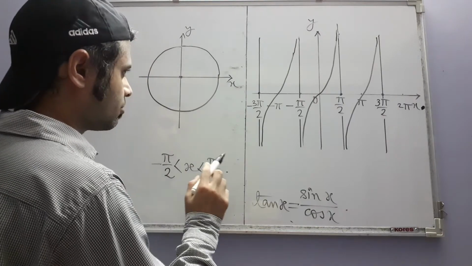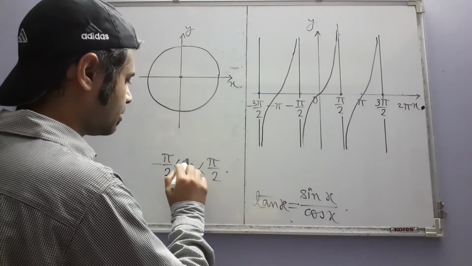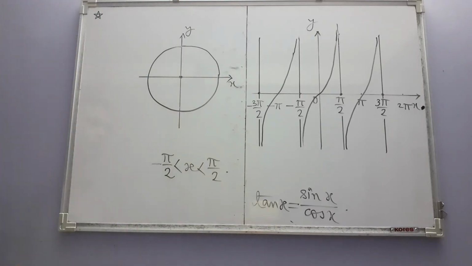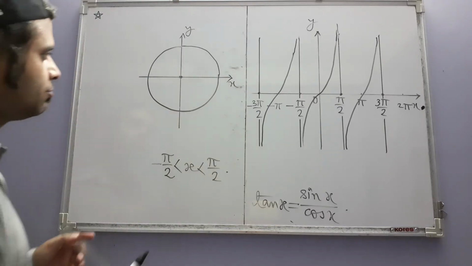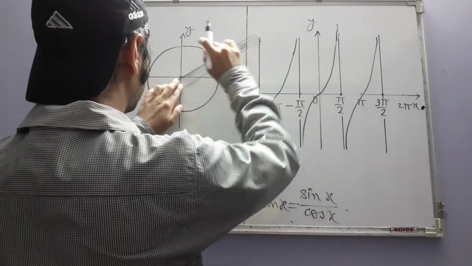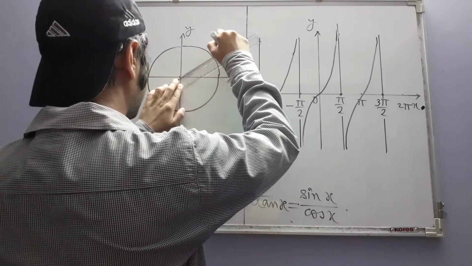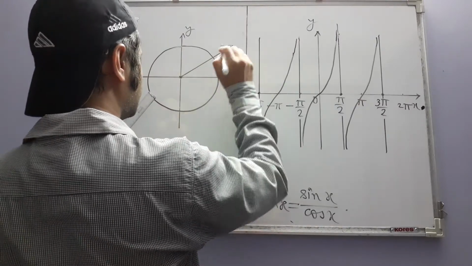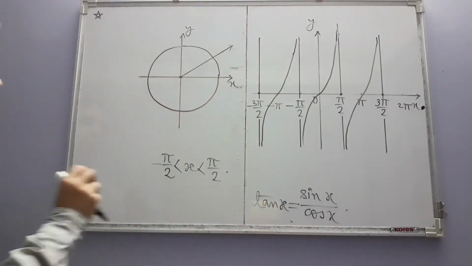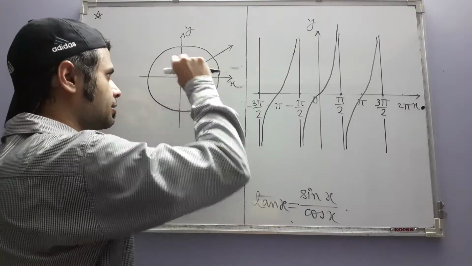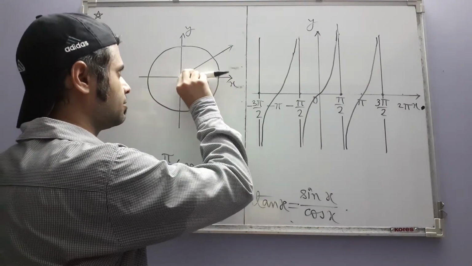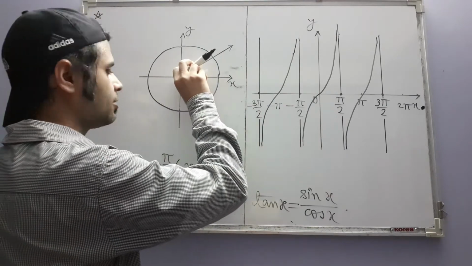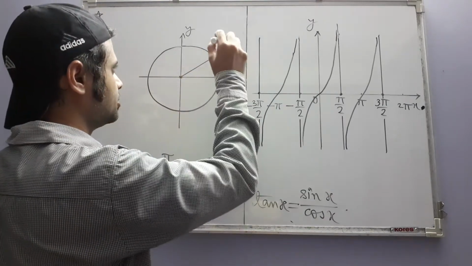Okay, so let's now first of all look at the positive values of x. A positive x, for example, corresponds to an angle whose terminal ray is this. So this is our angle, this is the initial ray, and this is the terminal ray. So the rotation is anticlockwise or counterclockwise, so it is positive,